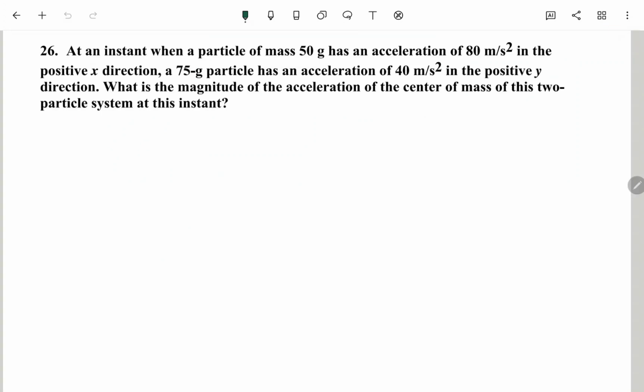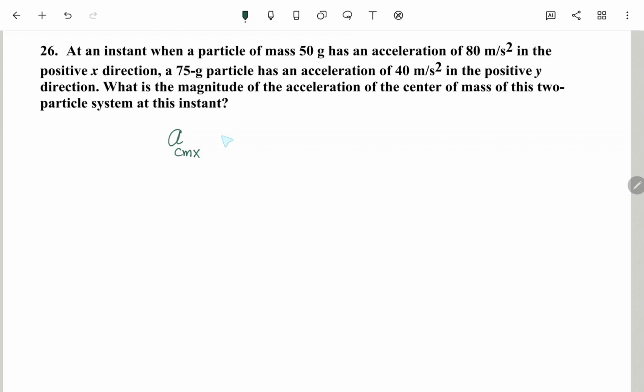At an instant when a particle of mass 50 gram has an acceleration of 80 meters per second squared in the positive x direction, a 75 gram particle has an acceleration of 40 meters per second squared in the positive y direction. What is the magnitude of the acceleration of the center of mass of this two-particle system at this instant? Now, to calculate the center of mass acceleration, we have to calculate the